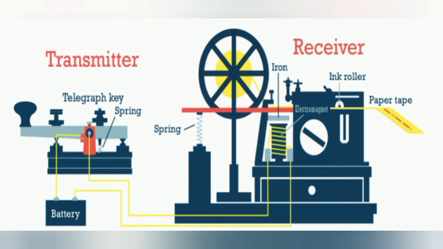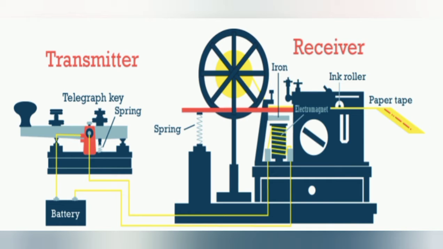Before the switch is closed, code slugs, which represent individual alphabets, are laid out over which the knob then moves, which raises and lowers the other end of the tape with the help of a spring. When the knob makes contact with the code, it interrupts the electrical current flowing from the battery in short and long pulses corresponding to the length of the alphabets and the string of the alphabets that are being transmitted. These signals, made up of electrical pulses, then travel through a wire which connects the transmitter and the receiver.